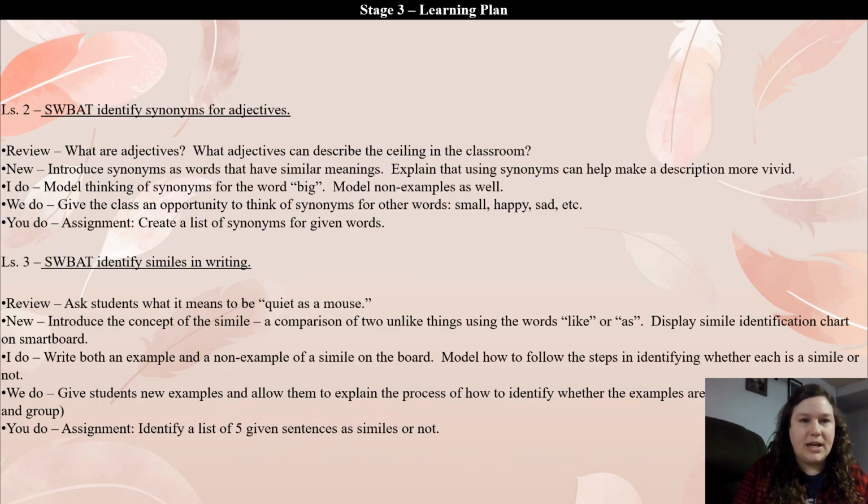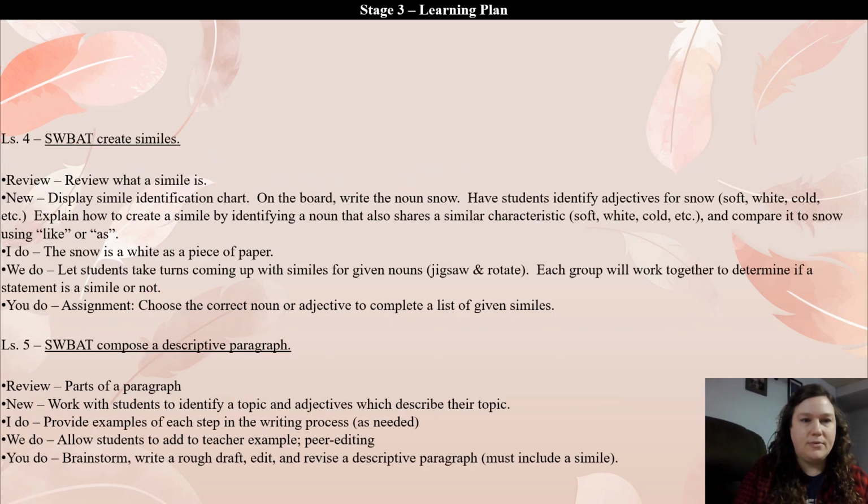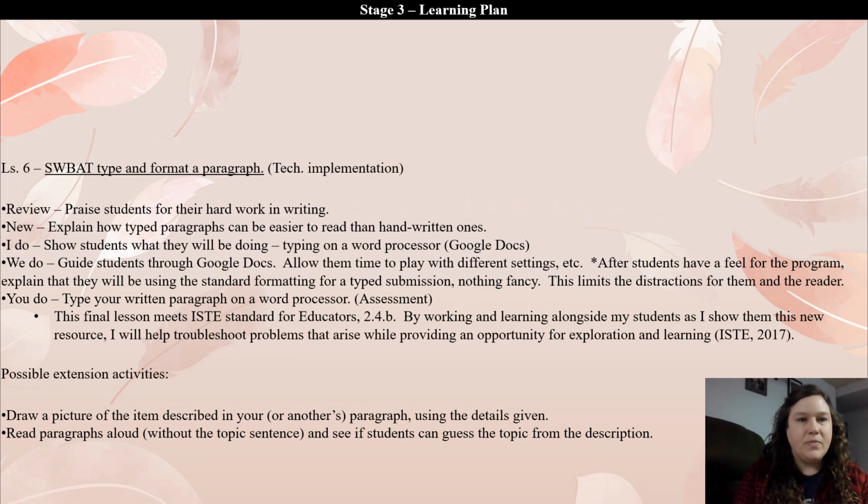And you can see here I have my individual lessons, and it has the you do part, which was what I used for some of that formal assessment. And then finally, our last part of the unit was doing the typed component of their paragraph, and this allowed me to implement that ISTE standard for educators,